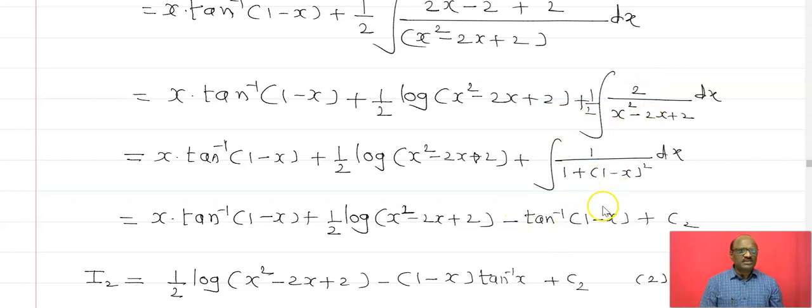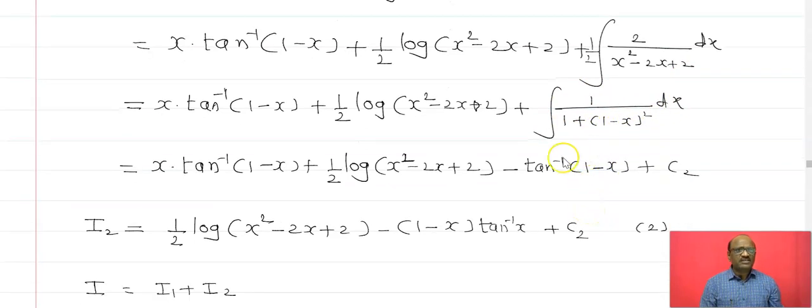Now see this here. This can again be written as 1 plus in bracket 1 minus x bracket square. If we expand this, then what will you get? x square minus 2x plus 1, and here is a plus 1, and you will get x square minus 2x plus 2. Therefore, integral 1 upon 1 plus in bracket 1 minus x bracket square into dx. What about its integral? Its integral is tan inverse of in bracket 1 minus x. But how does this minus sign come here? That is upon the derivative of 1 minus x, which is minus 1, and this minus sign is here, and here is a plus 2.